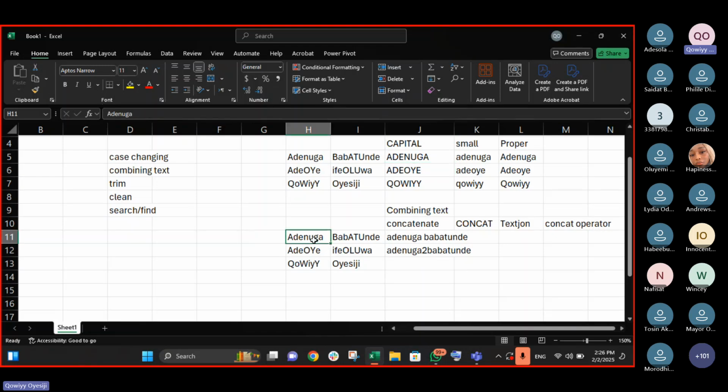If I click on this cell, I'm referencing the cell, but if I want to type it, it must be quoted, either letter or number or space or any symbol.